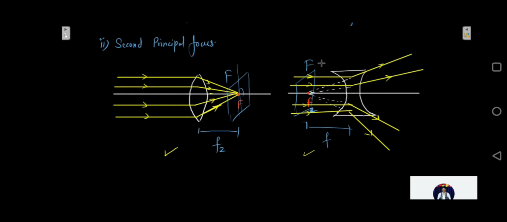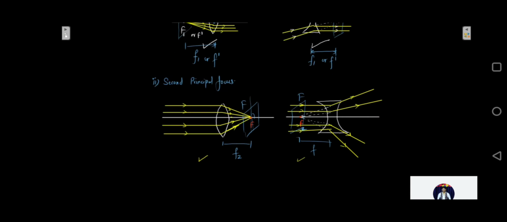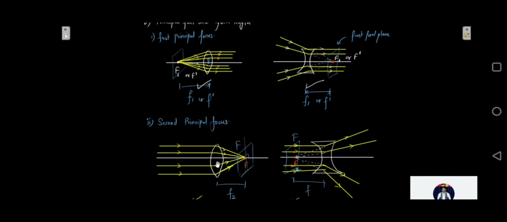Whenever we say focus of a lens, we just consider the second principal focus, and that is why it is taken as capital F. It is obvious from the above figures that the foci of the convex lens are real. So in both the cases, if you have seen the foci of the convex lenses, here if you see, the rays are actually converging at that point.